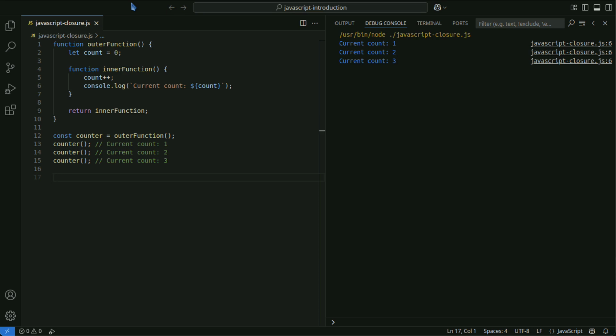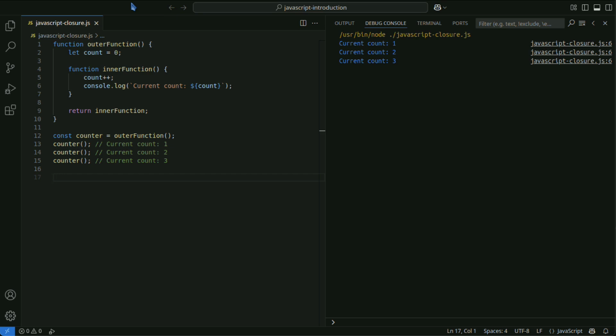As seen in the above example, count is retained by inner function, even after outer function has been executed. Inner function can continue to access the scope of outer function, and thus, count is updated within inner function.